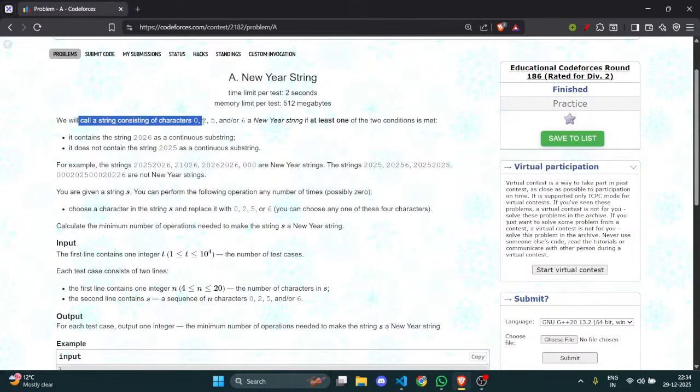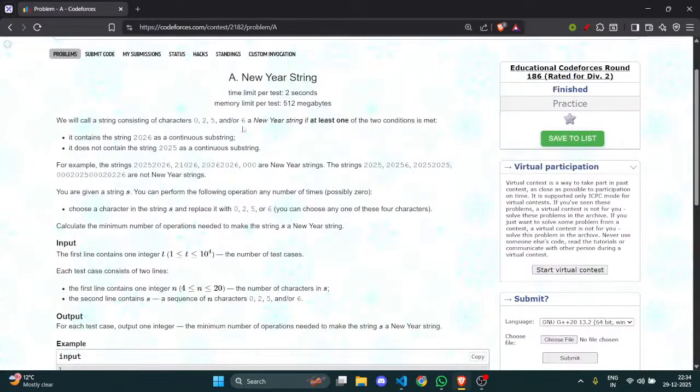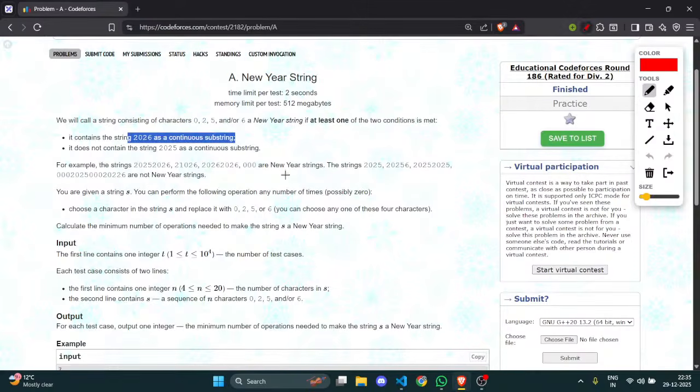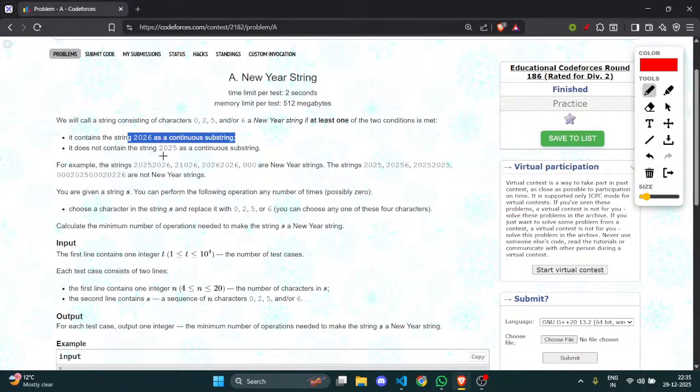We will call a string consisting of characters 0, 2, 5, 6 a New Year string if at least one of the two conditions is met. Those two conditions are: it should contain 2026 as a continuous substring, which means the string should look like 2026, and here it could be anything, or it does not contain 2025 as a